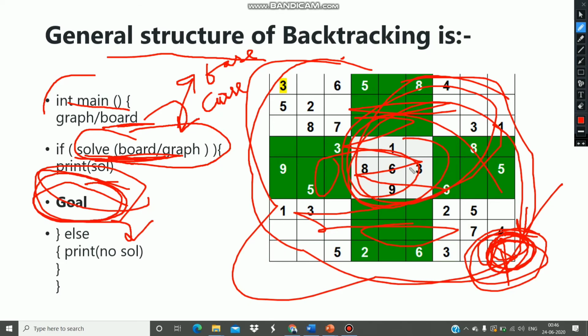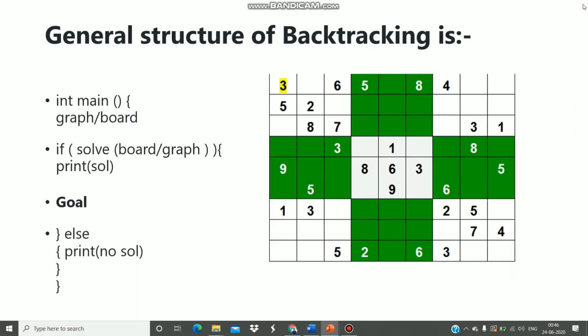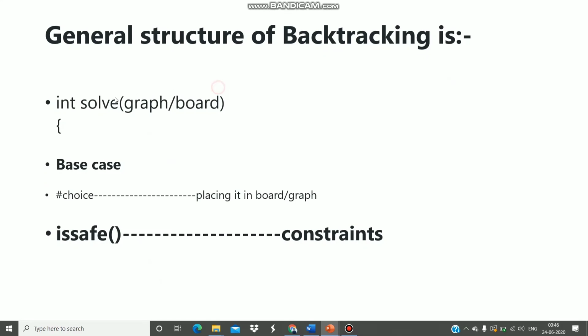Now we'll be discussing the isSafe function. So this is the main thing which we need to have. This is the solve function, and inside the solve function I've already told that I'll be passing the base case.